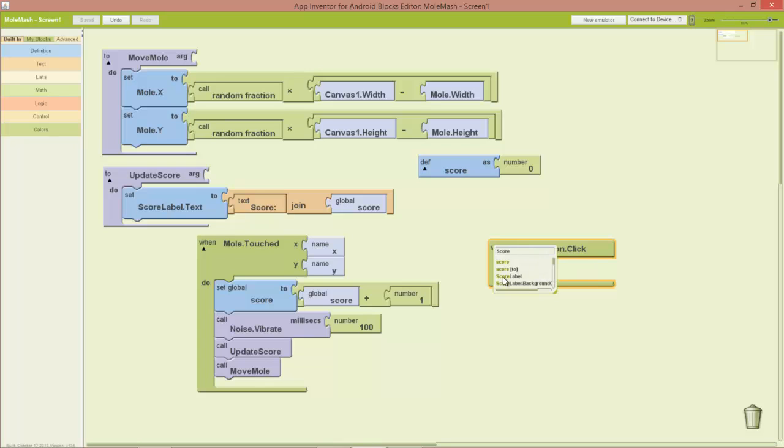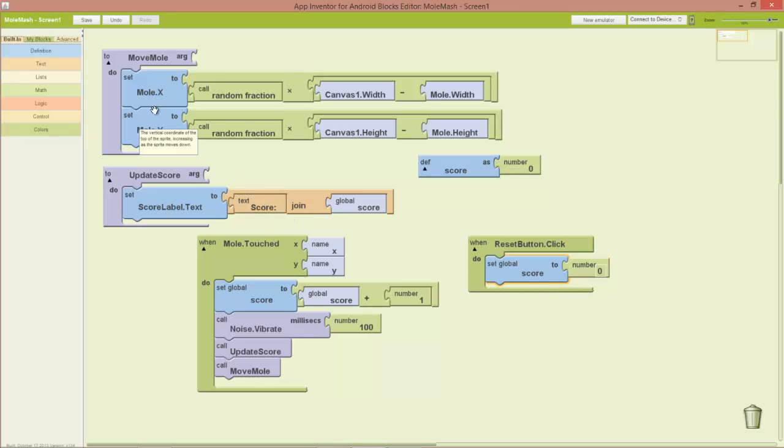So score, there I'm going to set it to 0, because that's what you'd like it to be when it's reset. Then obviously after I've set the score, the next thing I want to do is call this update score function. I'm going to say update score,